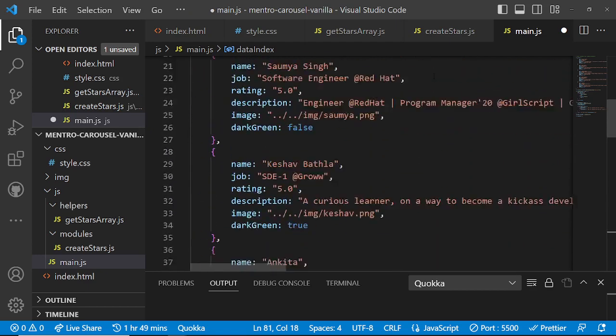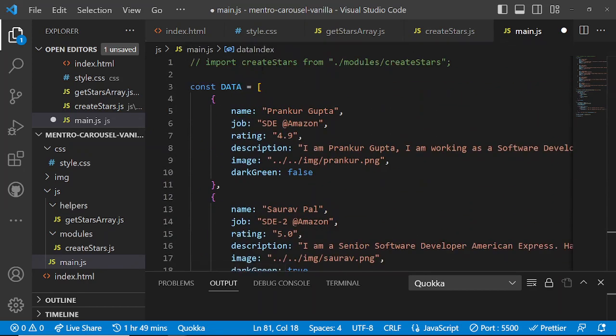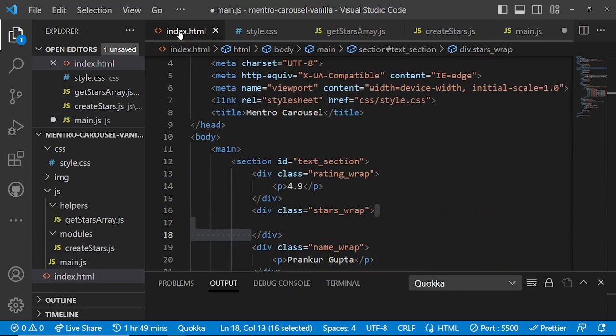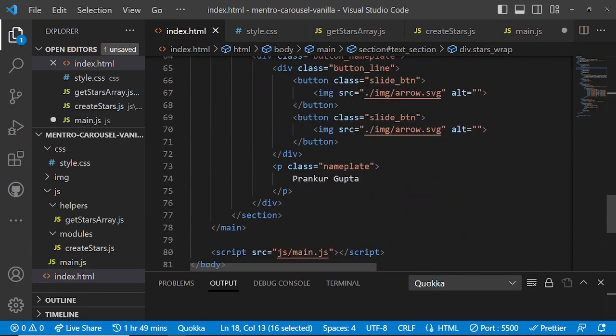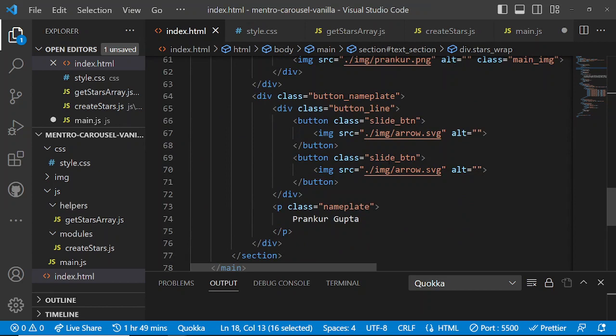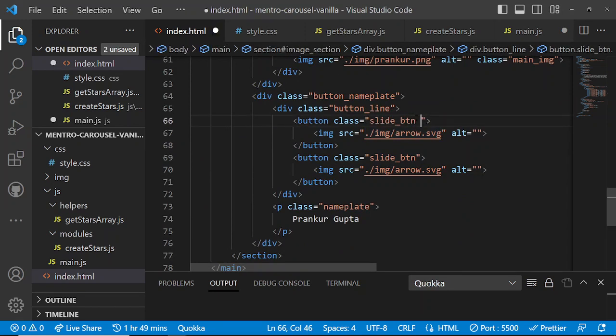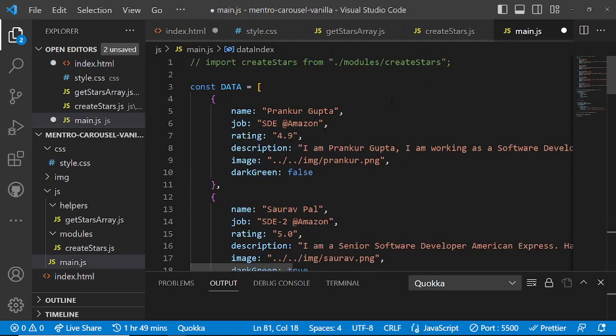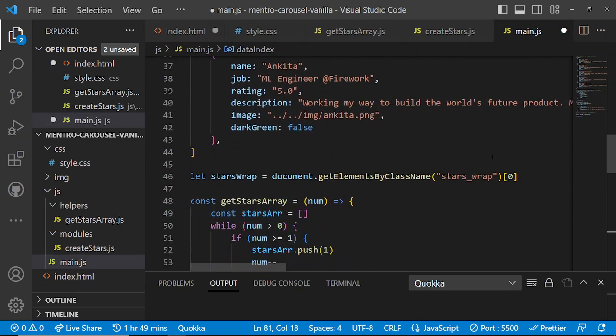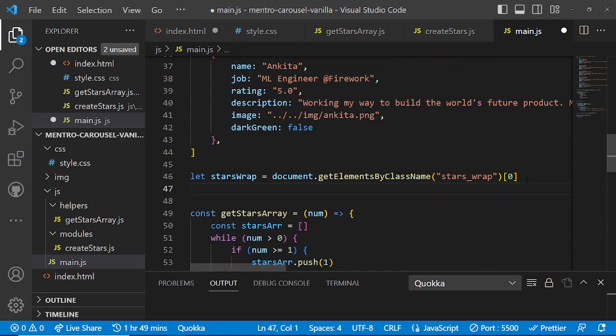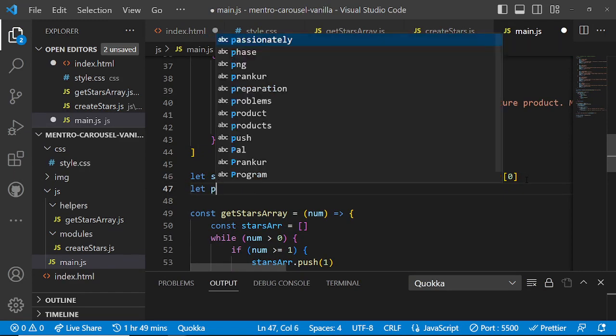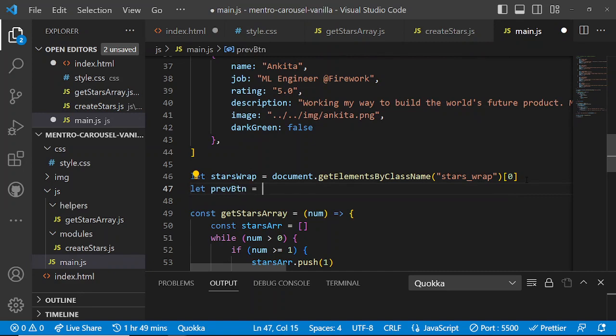And yes, let's get these two buttons. Where are they? Yeah, these two buttons, slide BTN and the other slide BTN. So let's add a bit of classes, and this is Prev, and this is Next. So I think with this I can show you something else. Let's set Prev BTN equal to